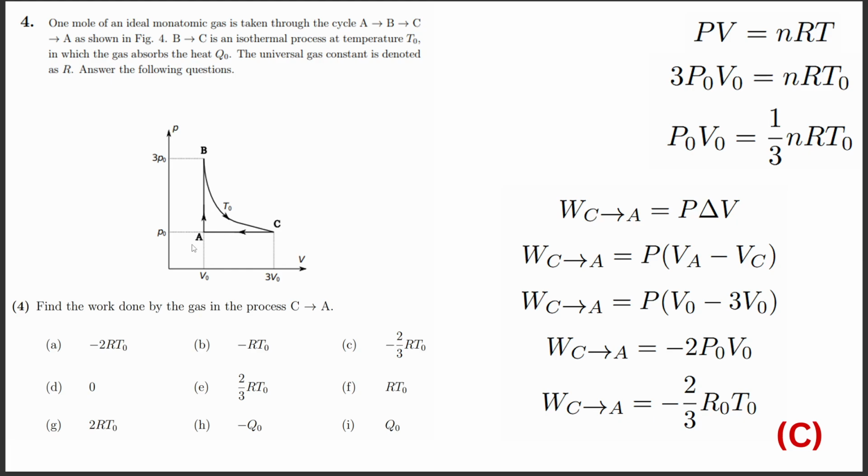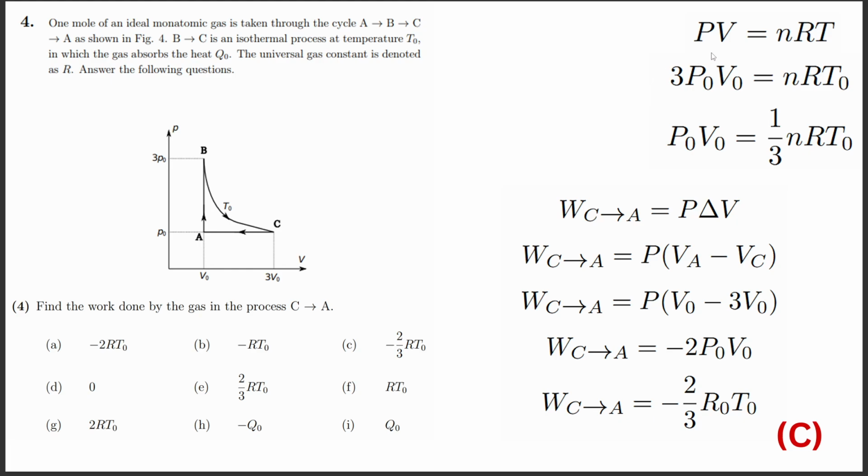The final is VA and the initial is VC, and we know that VA is V0 and VC is 3V0, so we can write V0 minus 3V0, and 1 minus 3 is minus 2, so we get minus 2V0. But in the answers we are asked to find it in terms of R and T,